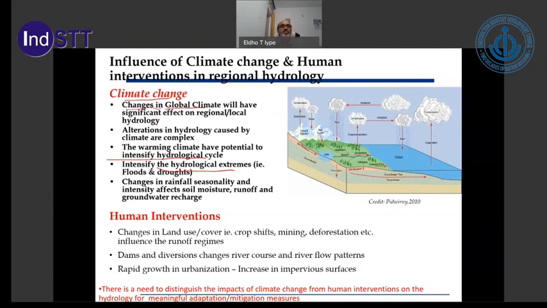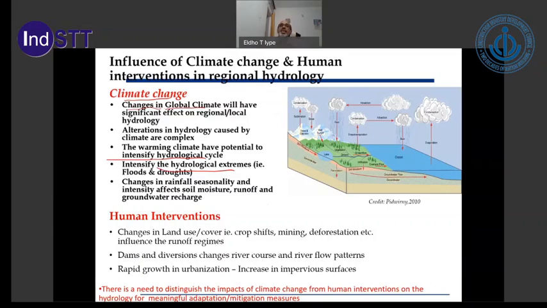So we can see that there can be human interventions. As far as human interventions are concerned, mainly the change in land use, land cover. You can see that urbanization is increasing. If it was hardly less than 20%, say 20 years back, now it is going to more than 40%